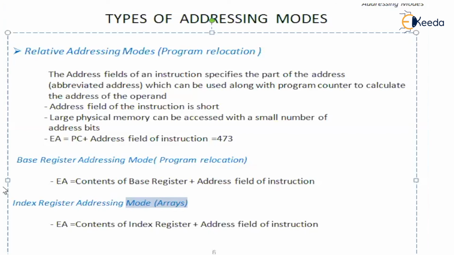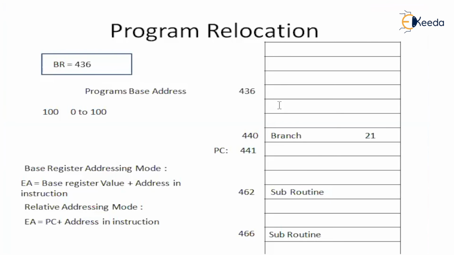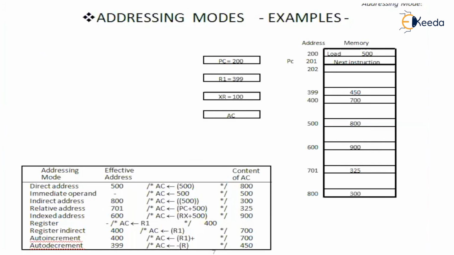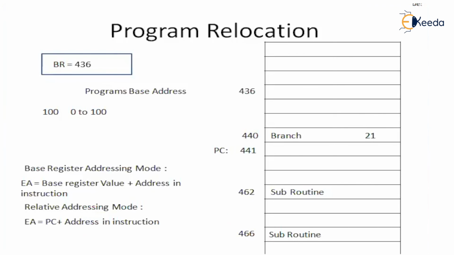Whenever you declare an array A of 100, immediately within the main memory some 100 locations will be provided, in which the index register will be provided with the base address of the array. I will write it here. There is something called an index register, index register XR, I will say. Now let us say an array has been implemented from the 100th location. Now I want to access the fifth element of the array. So 100 plus 5 is equal to 105, in which the fifth element of the array is available within the main memory.